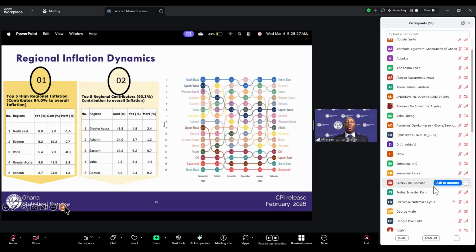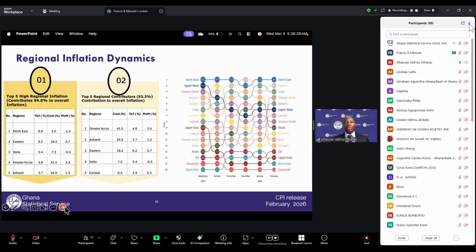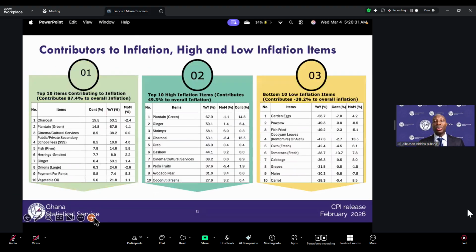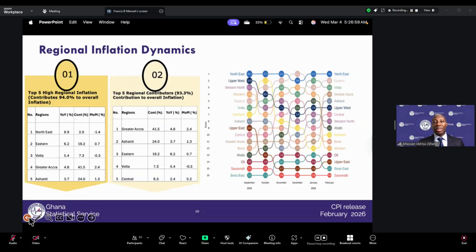Now let's look at the top contributors to inflation. So one may ask, what is contributing the most to the inflation we are recording in February 2026? Or what are the key drivers of inflation? The top 5 regional contributors account for over 93% of inflation. And these regions are: 1, we have Greater Accra, that registered a year-on-year inflation rate of 4.8%, but contributed